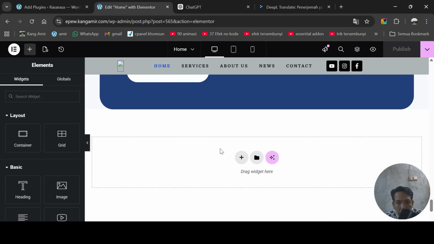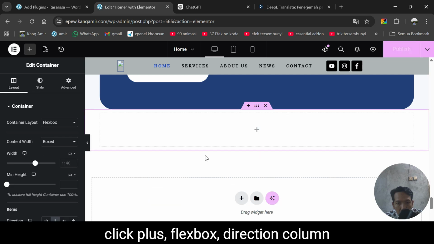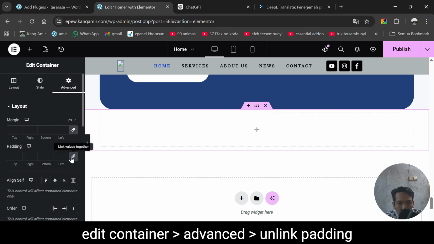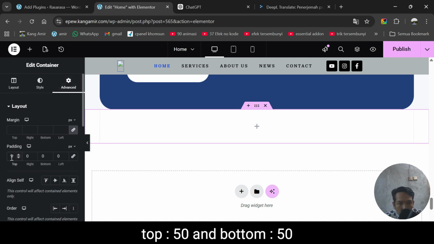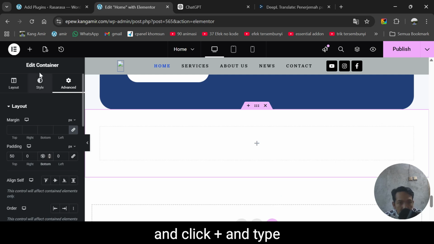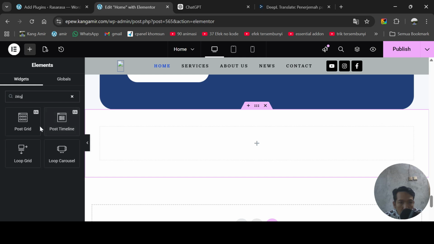Scroll down, click plus, flexbox, direction column, edit container, advanced, unlink padding, top 5T and bottom 5T, and click plus, type post grid and drag here,